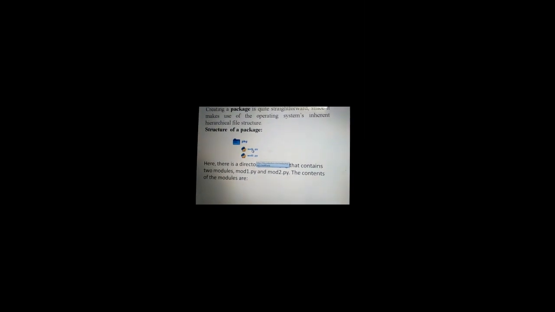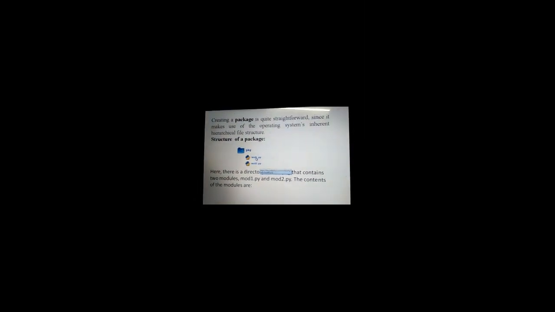For example, module1.py is one module, and module2.py is another module. When we click on module 1, it displays all the variables, objects, functions and constants that are placed in that module 1. When we click on module 2, it lists all the variables, constants and functions in that module 2. So these two modules are placed in this package.